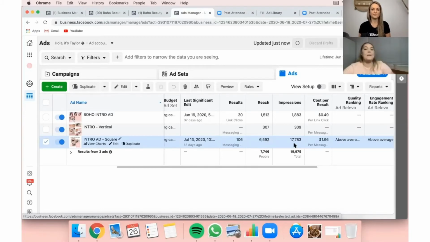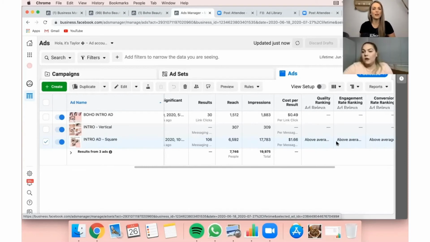And then there's a lot of people that have only seen it once, or someone might have seen it 3 times. So the reach is people, the impressions is the amount of times viewed. So it can be multiple times per person, but the reach is only ever going to be 1 per person. So you've had 6,592 people. Yes. Yeah. And that's in my catchment.